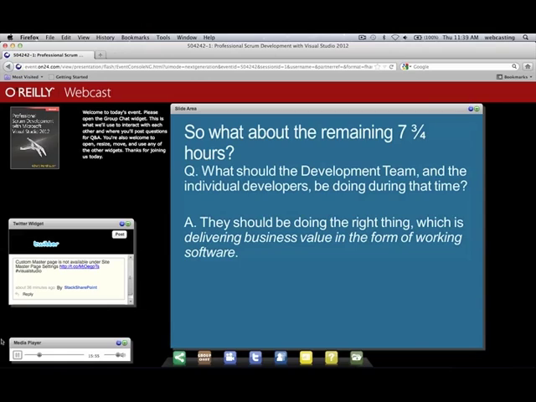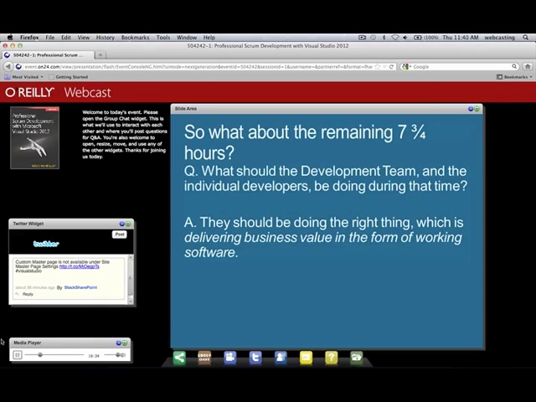Well, the software developer, the professional developer, does the right thing. They go back, they collaborate as needed, they work on items in the sprint backlog as needed, and they deliver business value in the form of working software. And that may mean sometimes you're working out of your comfort zone. This is something I run into. It's like, well, I'm a developer, but I'm a C# programmer, so I'm not going to get involved in writing tests, or I'm not going to try to create some tables in SQL Server. I am a C# person. That's why I was hired 2 years ago. And that mentality, that culture has got to change.